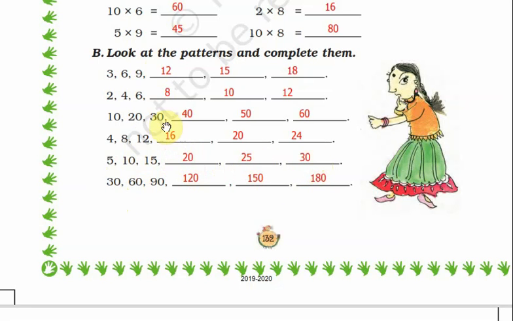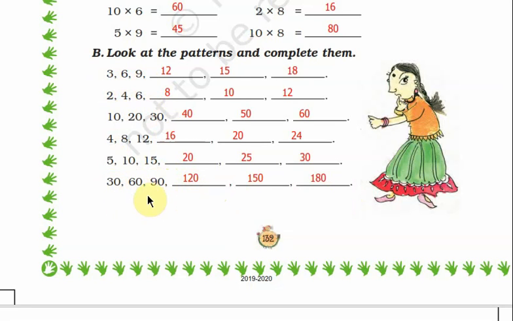Next question, see. You can see here 30, 60, 90. See here, this is 3, 6, 9. Here it is given 30, 60, 90. So this is the table of 30. Here is given the table of 3 and here is given the table of 30. Same as the 3 table, but you have to add a 0 to the answer that you got for the table of 3. You can see here instead of 3, here it is 30. 1 0 added. Here instead of 6, here it is 60. That is 1 0 added. Next 9, here it is 90.